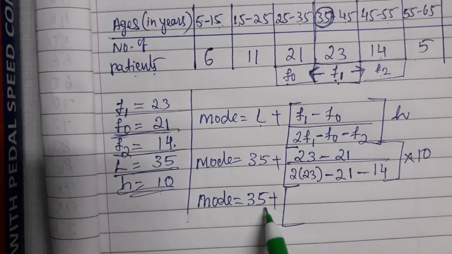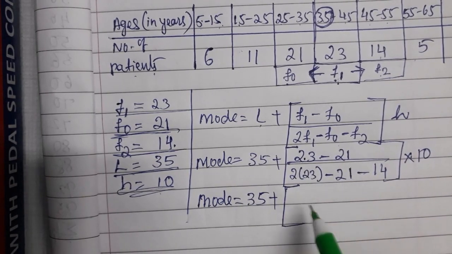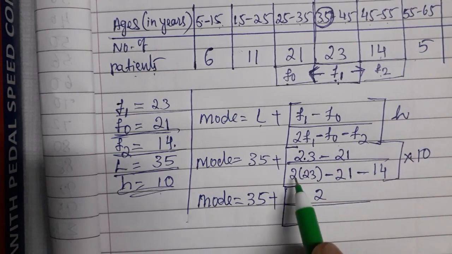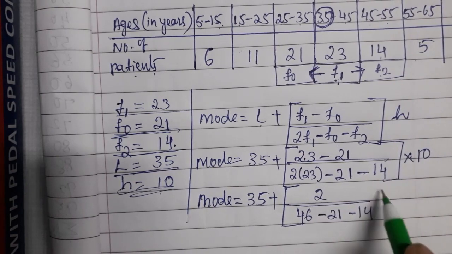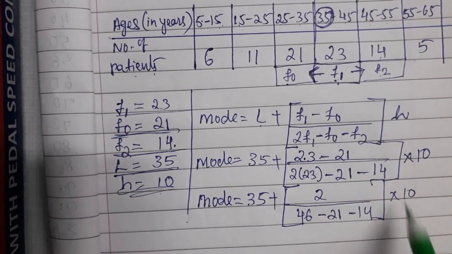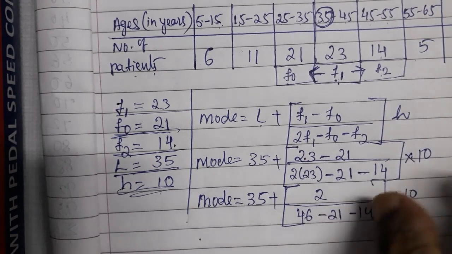Even you should never forget writing this plus. 23 minus 21 gives you 2. Divided by 2 3s are 6, that means 46. Minus 21 minus 14 into 10. Okay. Next, mode